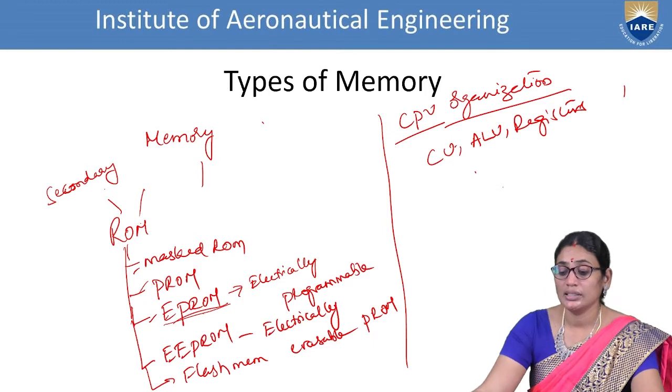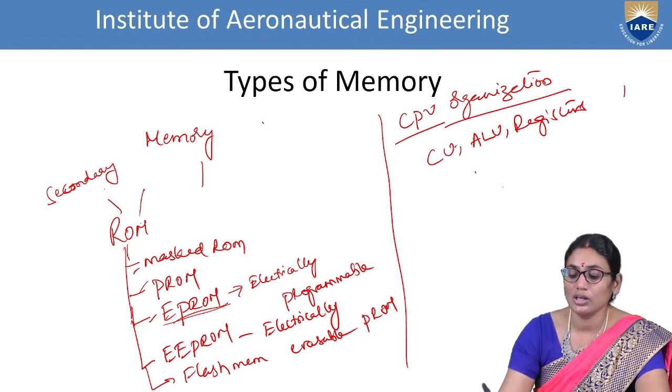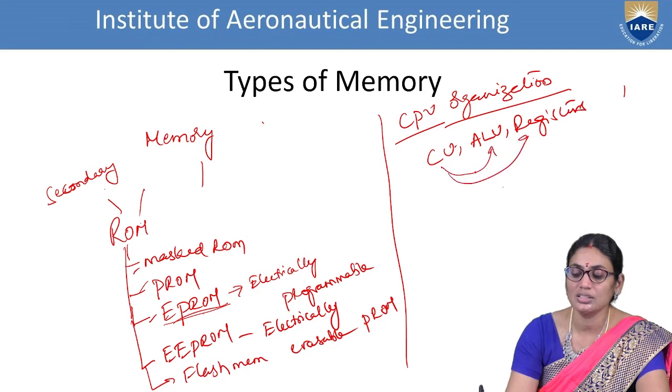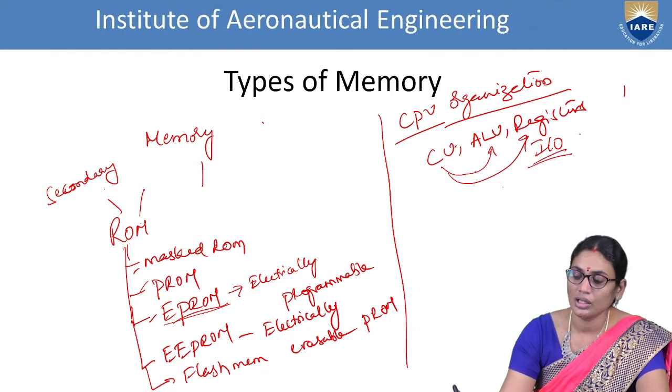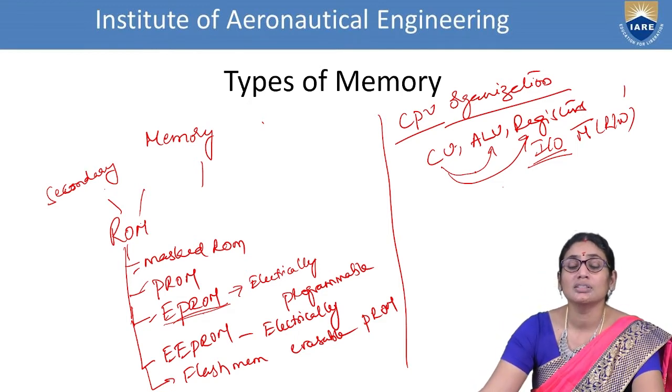So what happens here? In this case, we are concentrating on data transfers and processing inside the processor. The control unit will issue signals to both the ALU as well as the registers to transfer the information to and fro, from ALU to register or register to ALU. It will issue the signals by means of the data operations. For example, if it is issuing data transfers only, we call them I/O signals. Otherwise, if it is going through the memory, we call them memory operations, using read and write signals. So these are the things concentrated on in the CPU organization.